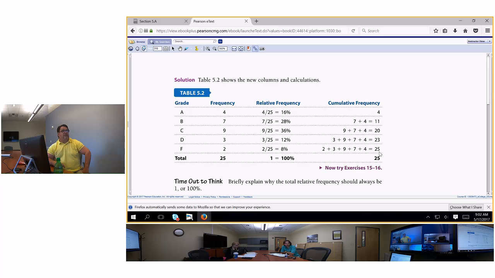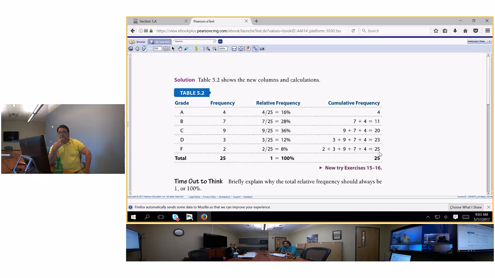So if any of y'all can figure out what the cumulative frequency is used for, just make sure you tell me, because I have no idea. I've actually tried to Google it, and it really doesn't tell you anything except what the cumulative frequency is. The only thing I can come up with is it shows you the distribution, and you can see that this is skewed right, which means that most of the data is on the right-hand side, and the tail is on the left-hand side, so that means it's skewed right.